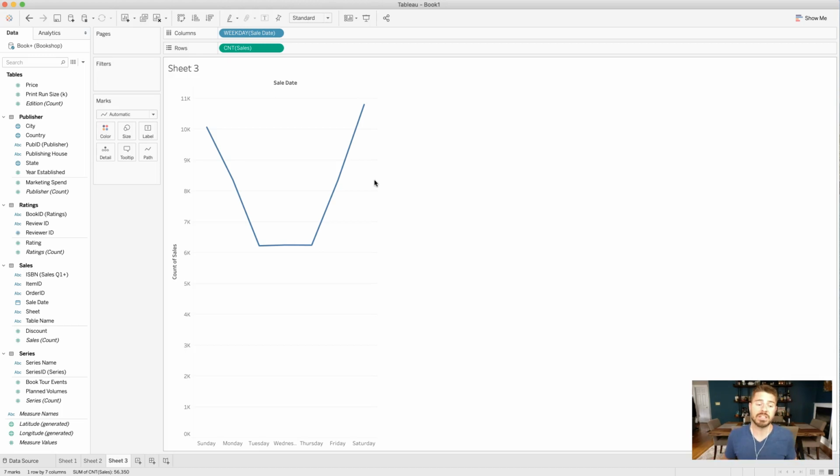And sure enough, we see there is a strong relationship between what day of the week it is and how many units we're selling. So for instance, we sell almost twice as many books on a Saturday as we do on like a Tuesday. So we sell 10,815 units on average on Saturdays versus, I'm sorry, I have to be very precise there. We're still counting, right? So we sold 10,815 total units across all Saturdays in this data set